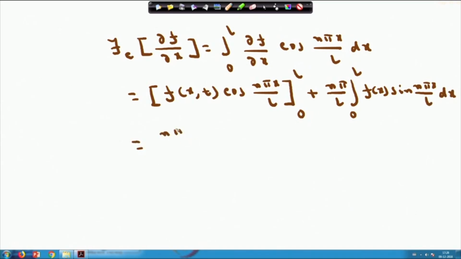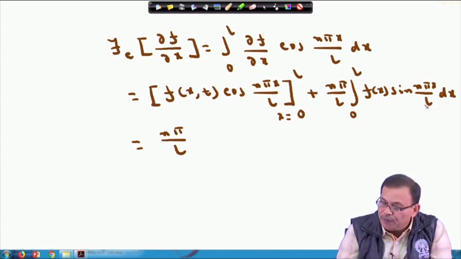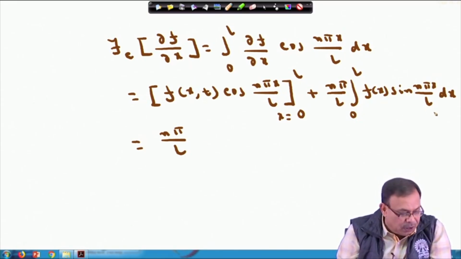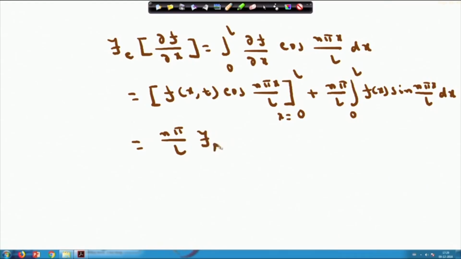Here the boundary term will not vanish, unlike before, because at x equals 0 and at x equals L it is not vanishing. At x equals 0 it is cos n pi, that will also not vanish. It depends on the value of this one. So, I am just writing this. This will be equal to n pi by L into the integral from 0 to L of f x sin n pi x by L dx, which is nothing but the finite Fourier sine transform of f x. So, you can write this as the finite Fourier sine transform of f of x t